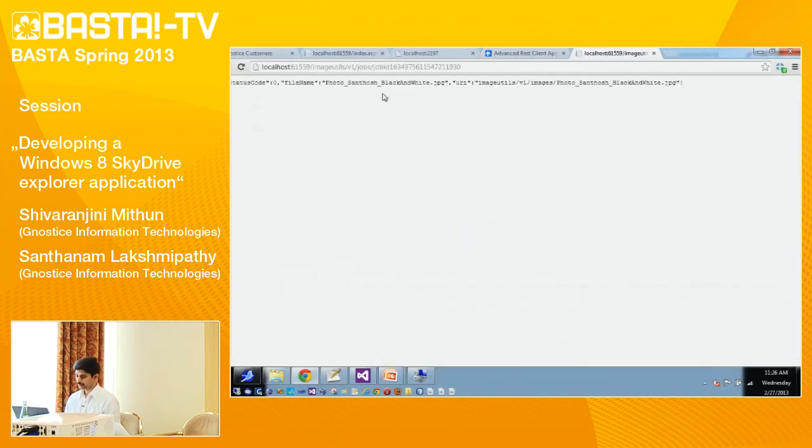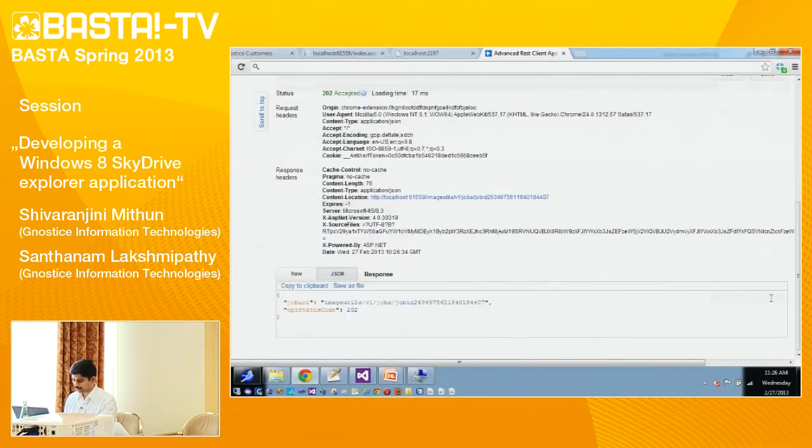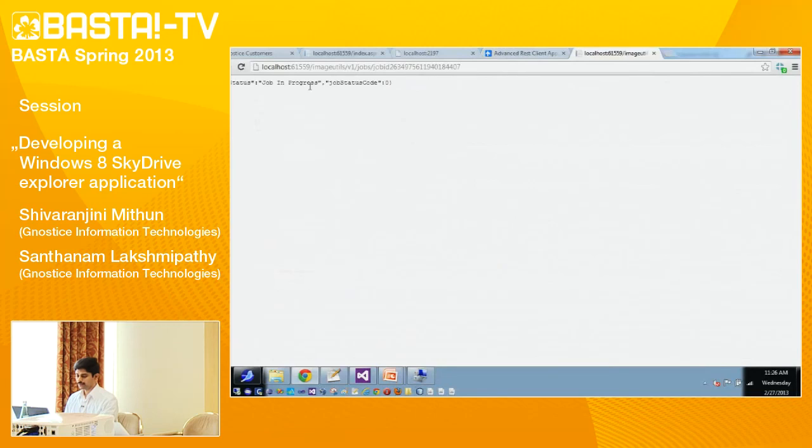Now the operation has already been completed. We will send this request once again to see the operation getting processed on the server. We click this, and you can see the job in progress message. I keep refreshing this window, and once the job is completed, it sends the final response to the client.